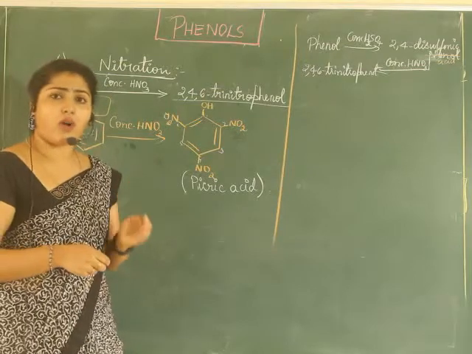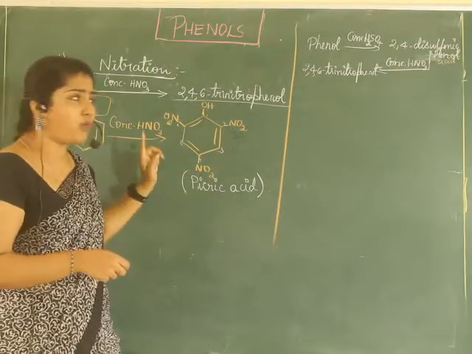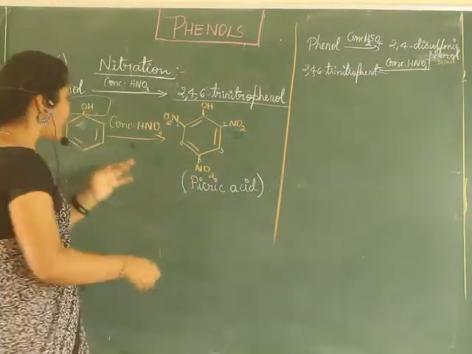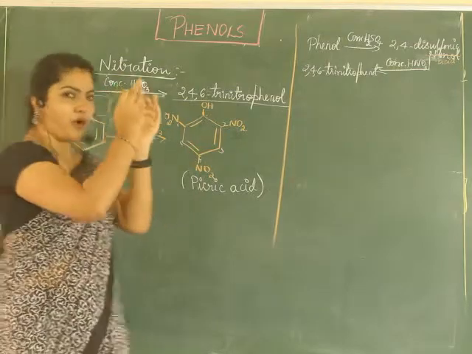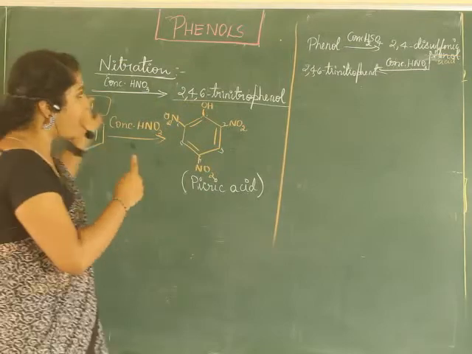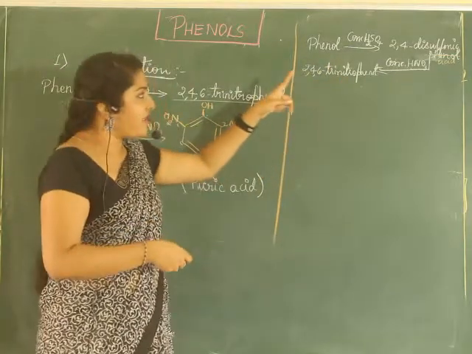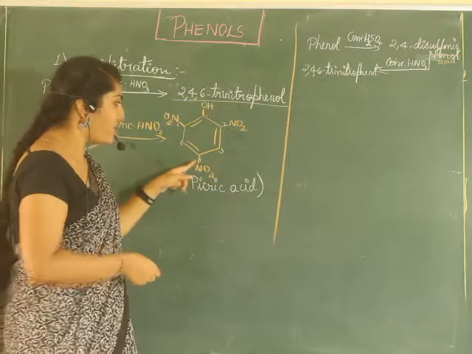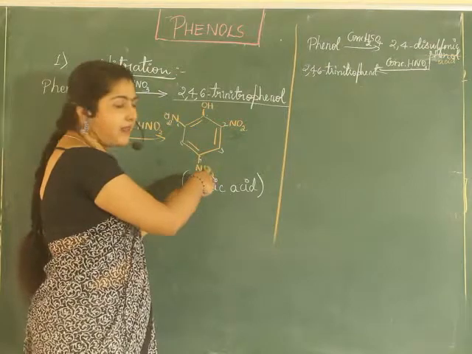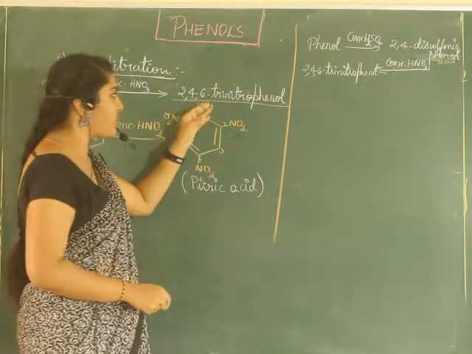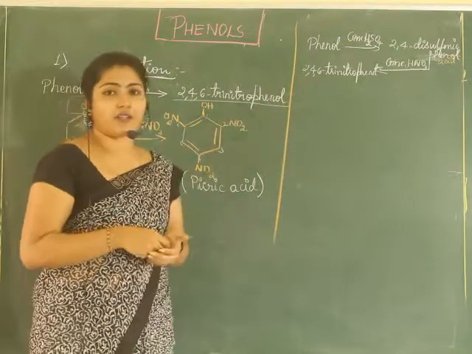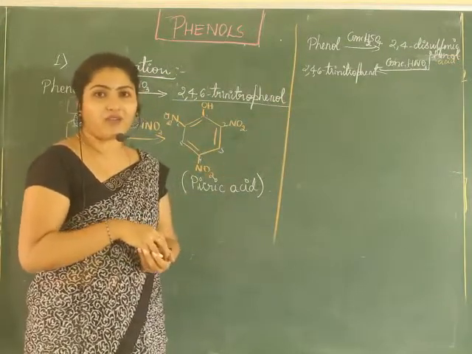Okay. So for that reason, what they do is, we want to block the activity of the OH group. You understand? This OH group activity must be blocked now, because it is acting too much, right? So what we do is, first we treat with concentrated sulfuric acid. So in the second and fourth position, you get SO3H, SO3H. 2,4-disulfonic acid we get. Now because of the presence of these SO3H groups, this will be a bit quiet now. Now you can subject it to nitration. You can try writing the reaction of it.